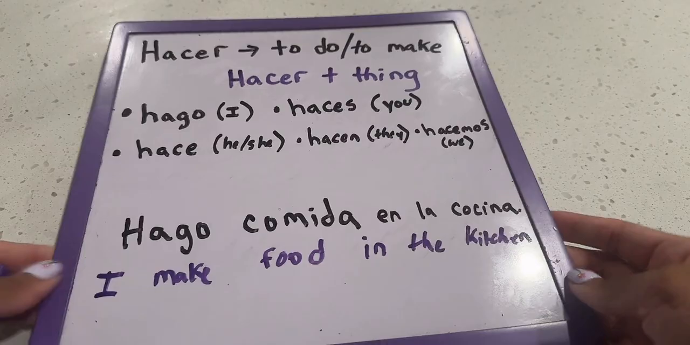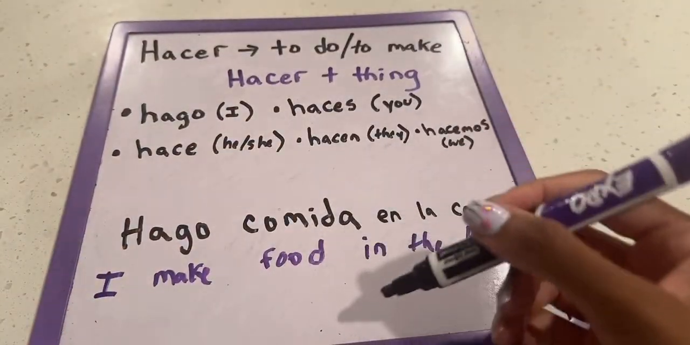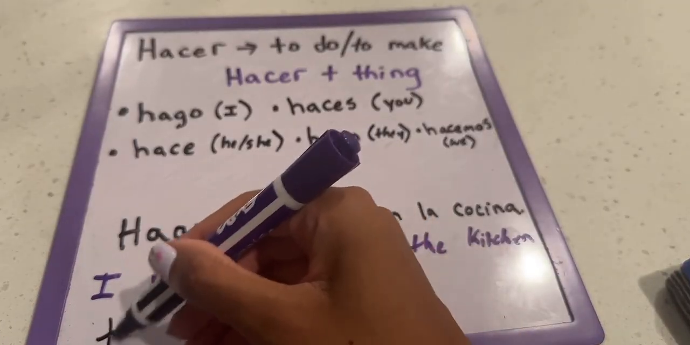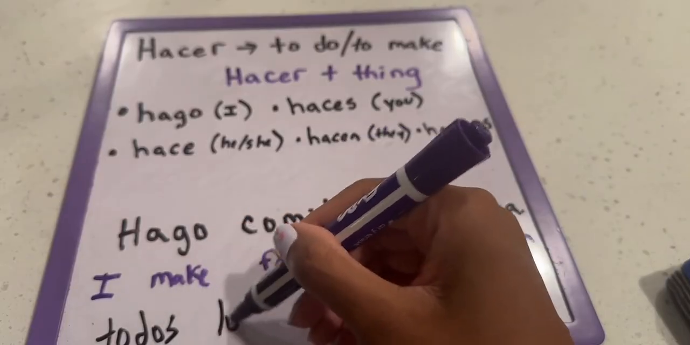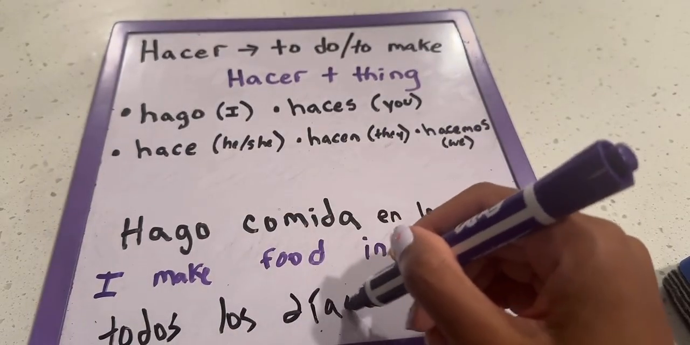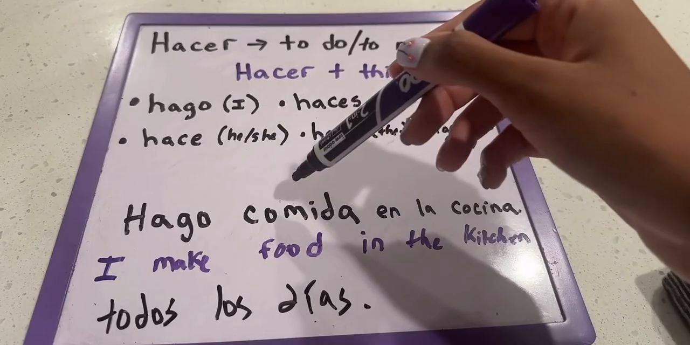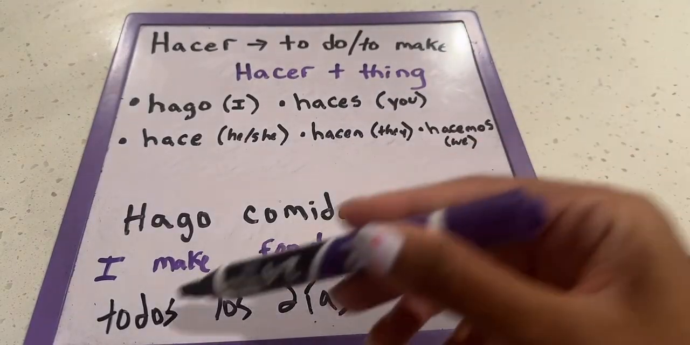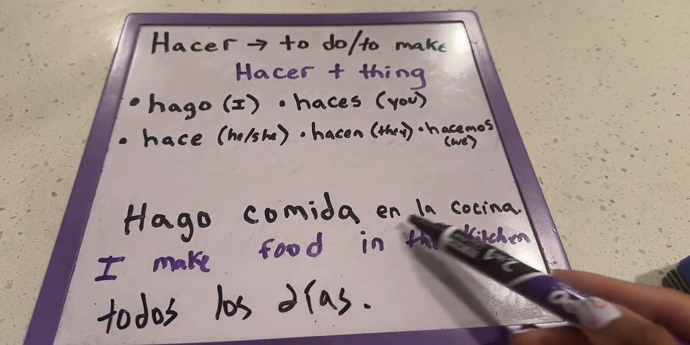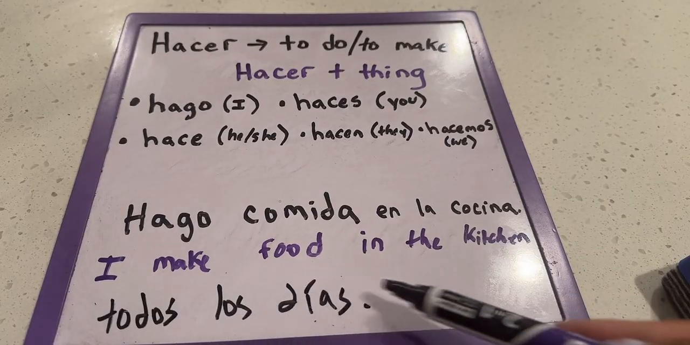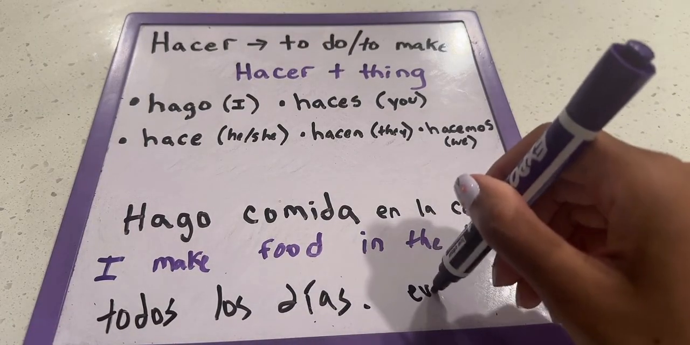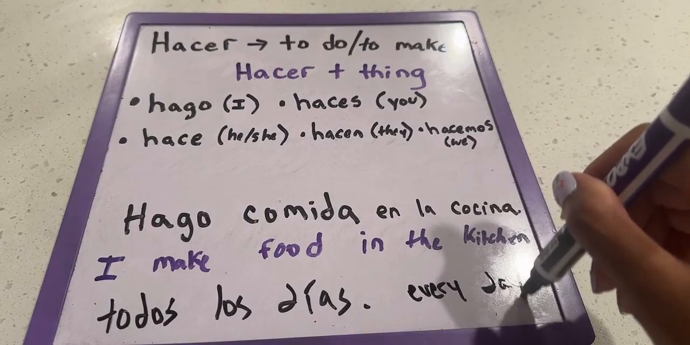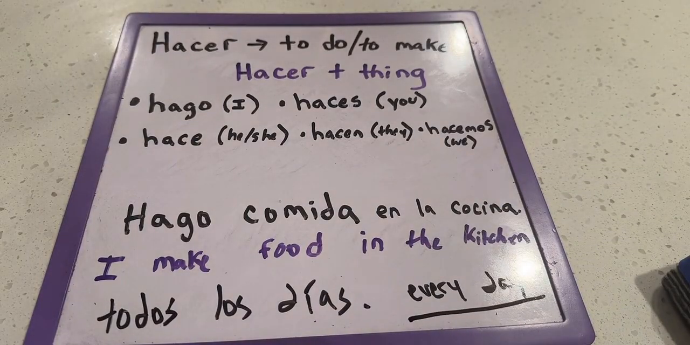So there's lots of ways that we can lengthen it out. And just for fun, we will. So, todos los días. So now we've said what we do, we've said where we do it, and how often we do it. Hago comida en la cocina todos los días. I make food in the kitchen every day. Todos los días means every day. Okay? Todos los días. That means every day. Okay? So that is how we can go ahead and